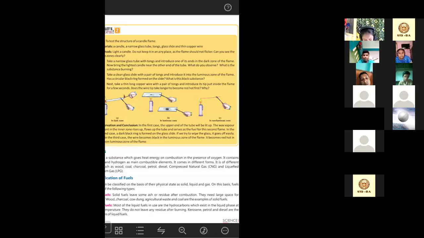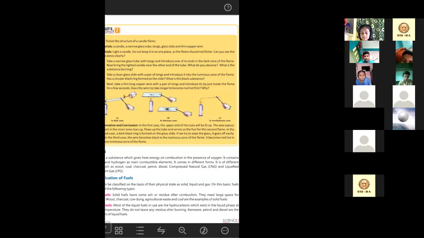We can also perform this experiment with an iron wire, or an iron wire and copper wire also. It will turn red hot if we hold it to the outermost layer. It will turn blackish if we hold it to the middle or the innermost layer. The part that touches the innermost layer will turn black, but because it has to penetrate through all the outer layers, the part of the copper still in touch with the outer layer will be red, and the part in touch with the innermost layer will be black.